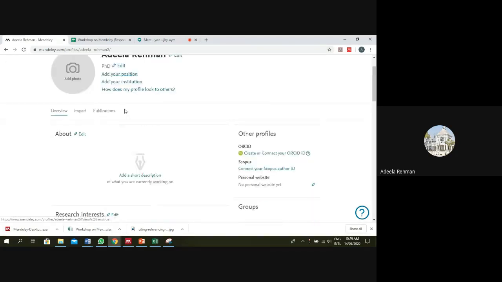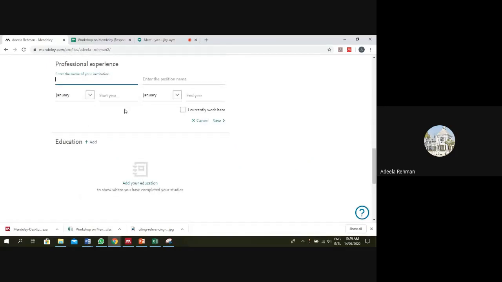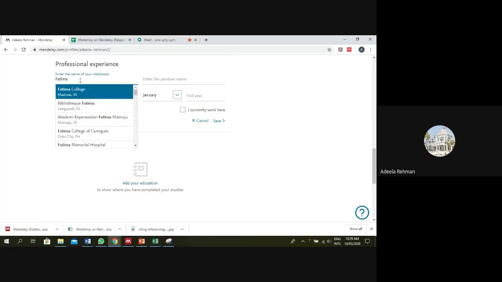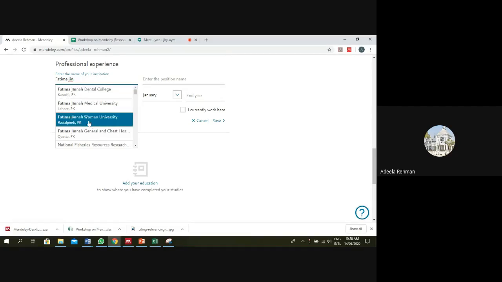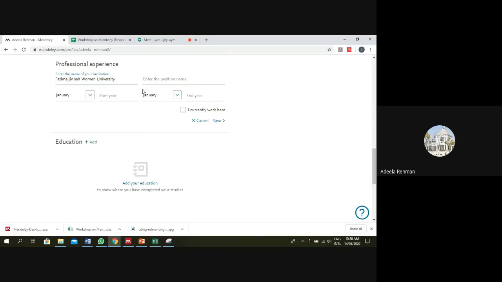Then you add your position. If you are a professional, you can write it over here, your institution name, and you will be happy to know that our Fatima Jinnah Women University name is appearing in this software. Here you can see Fatima Jinnah Women University, Rawalpindi, Pakistan. You just click on that, enter the position, like